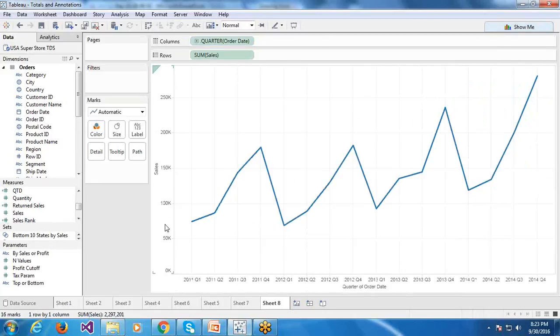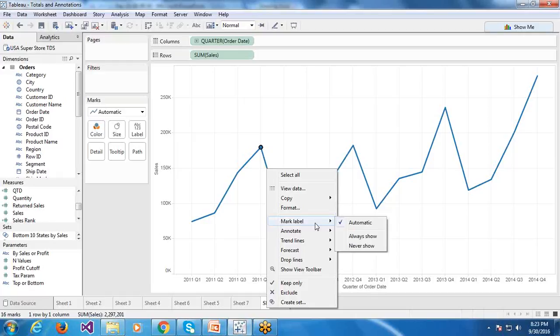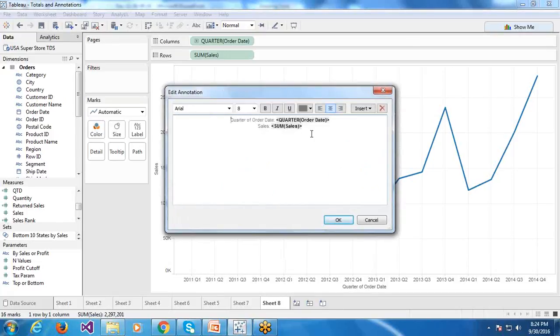Now I can do mark annotation here for this one also, or I can apply point annotation. See, here I'm applying point annotation, and I have some value. I can apply some other comments.